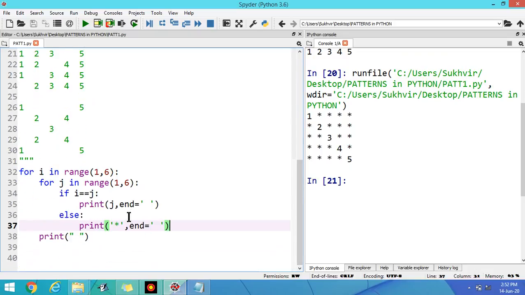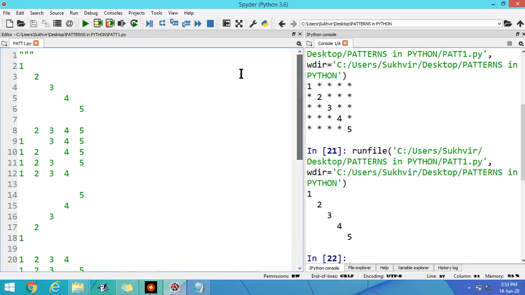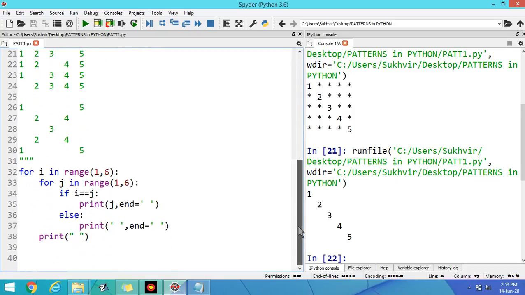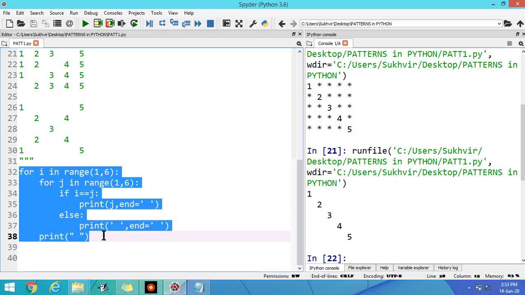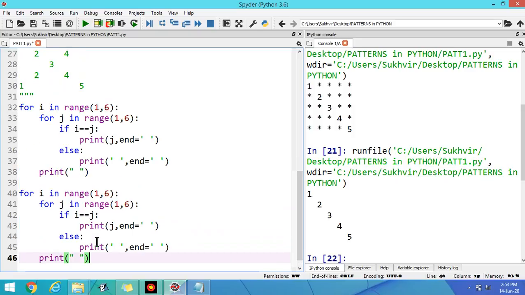In the second attempt, I will delete the star. Let us see the output. It means this output is there in the program: 1, 2, 3, 4, 5. Suppose I copy and paste the content from here, Control C, Control V. Then print here.